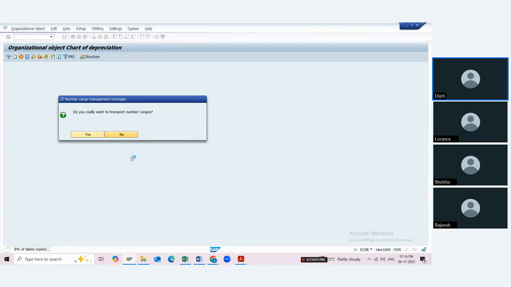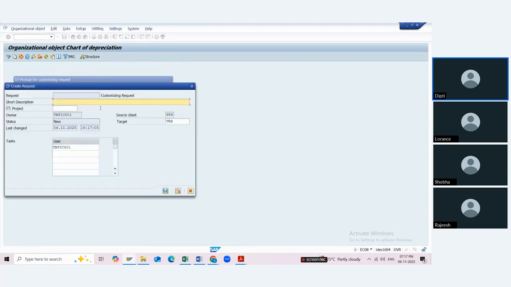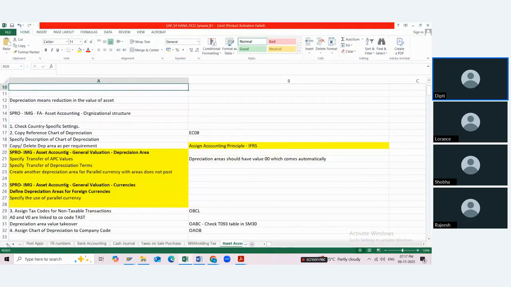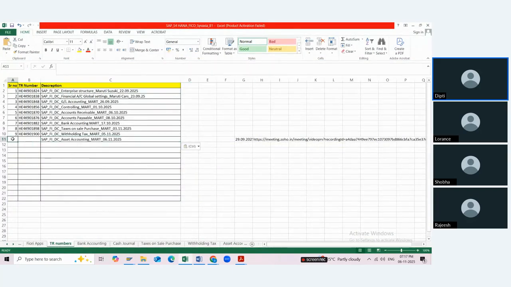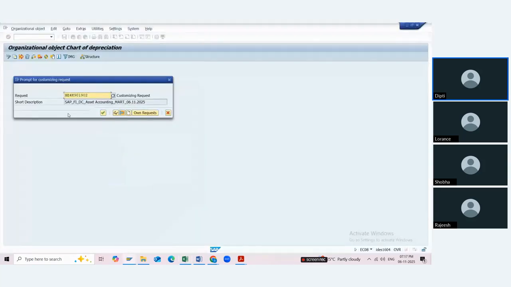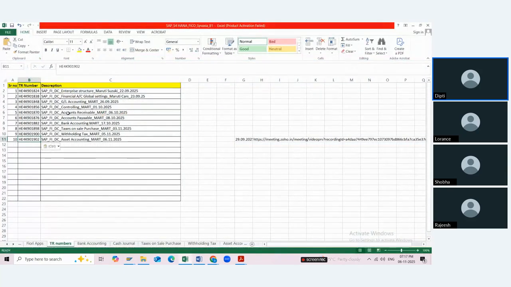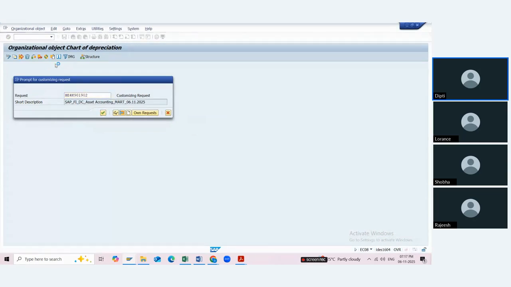Do you want to transport number ranges for asset master data? Say no. So this is what we have copied.